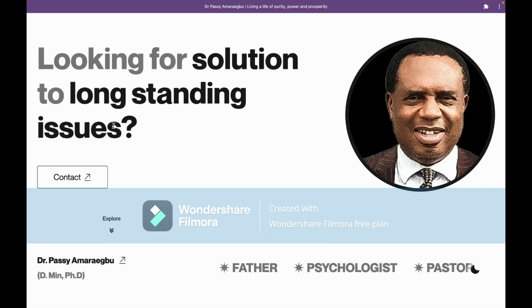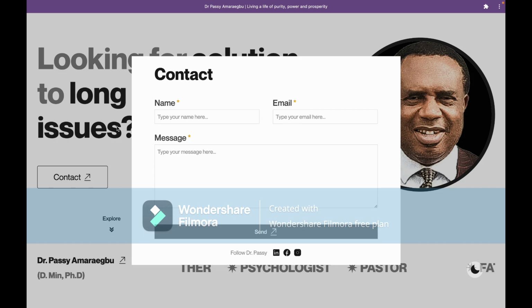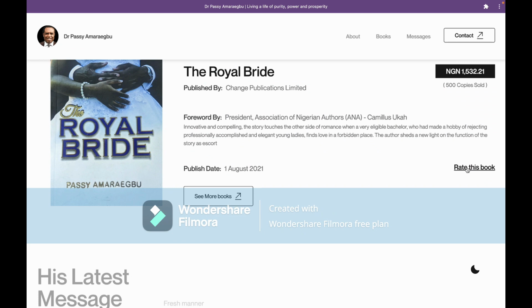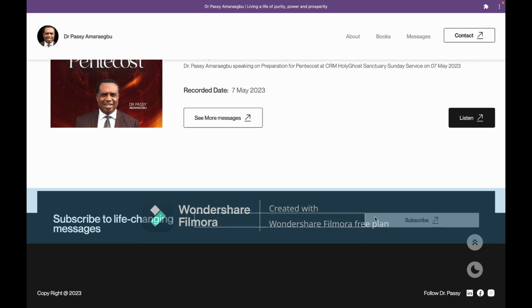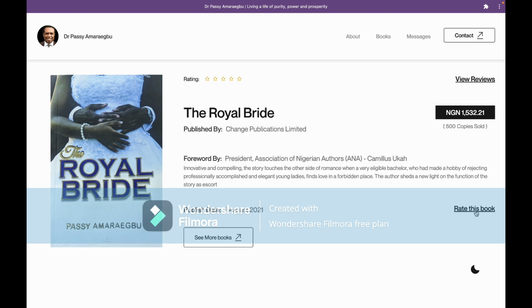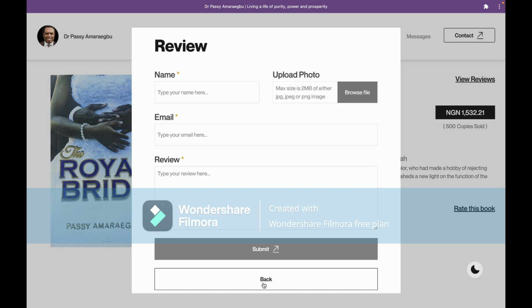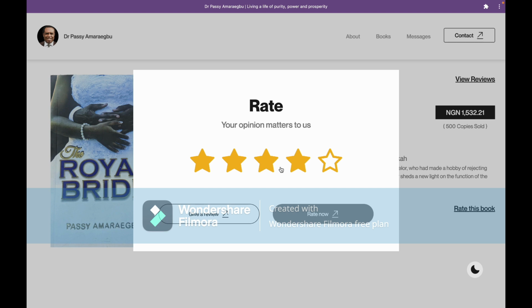So I'm logged out now, and if I go out and come back, my details are gone. Another form that has email is the rate or the subscribe, but let me do this rate one. I have to drop a review, the way it's set up. Whatever rating has to be associated with the user, such that if you're not logged in, you can't just rate. But if you're logged in, you can just go ahead and rate. So let me go ahead with this.